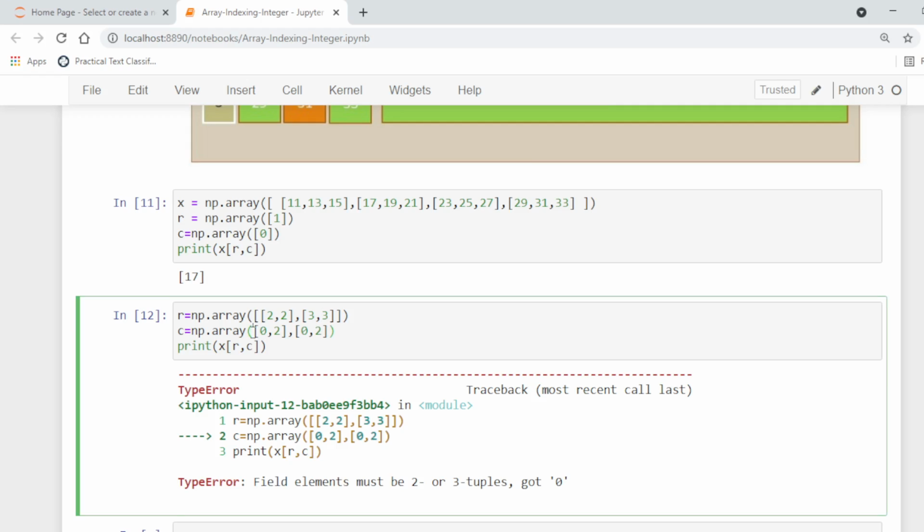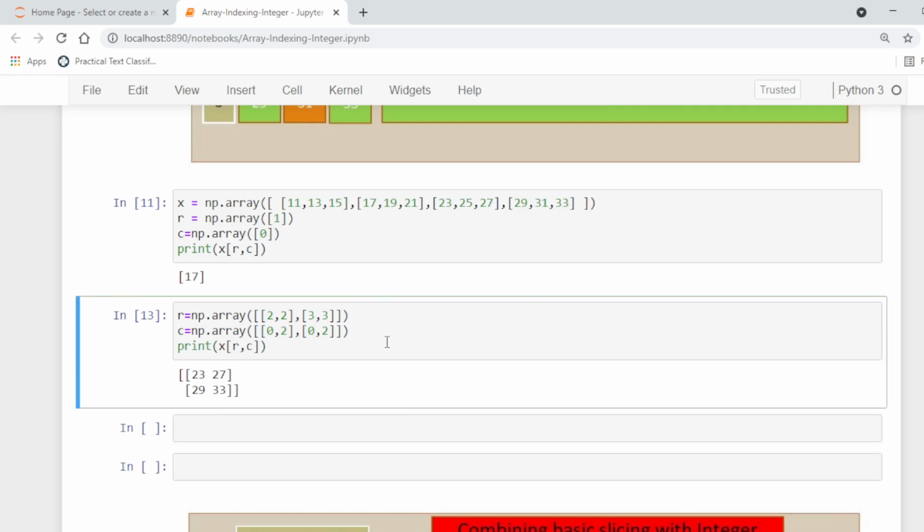Okay, actually this is a two-dimensional array. The output is 23, 27, 29 and 30.